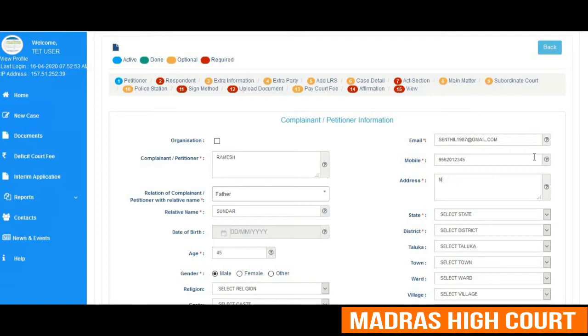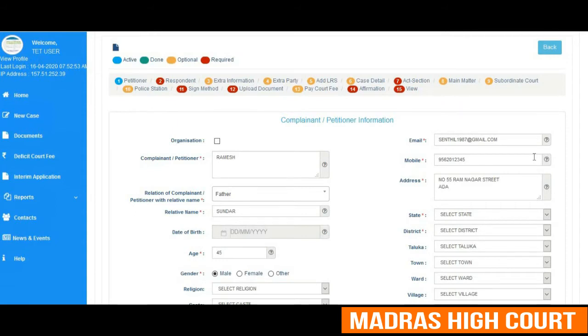One should note that the asterisk symbol which is reflected in red color has to be mandatorily filled by the user when he fills the details of the complainant or petitioner information.